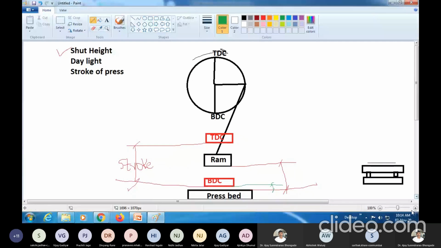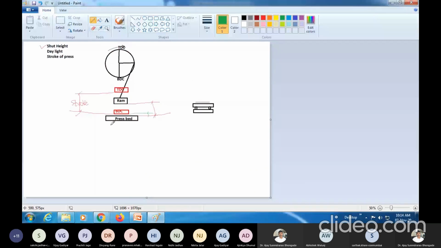Okay, so let us make it more realistic. So the press bed will not be at this position, it will be slightly below. So we can have it like this.